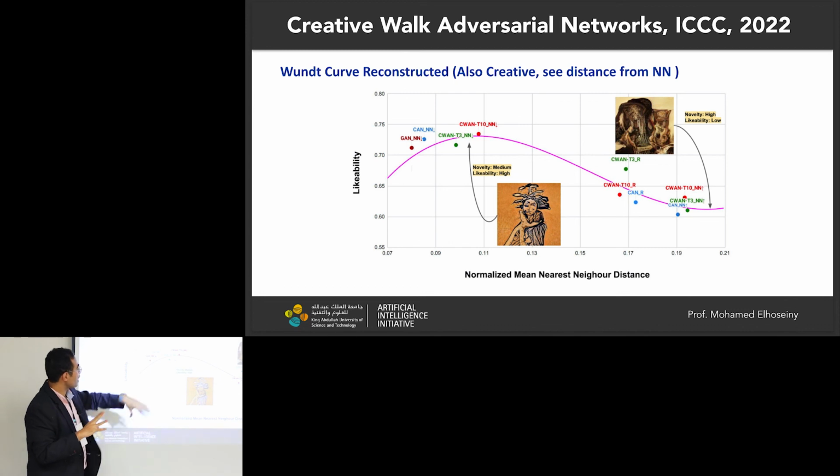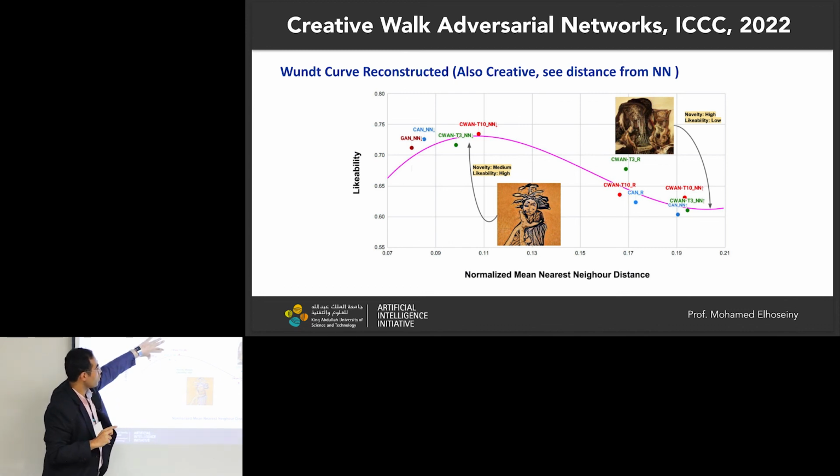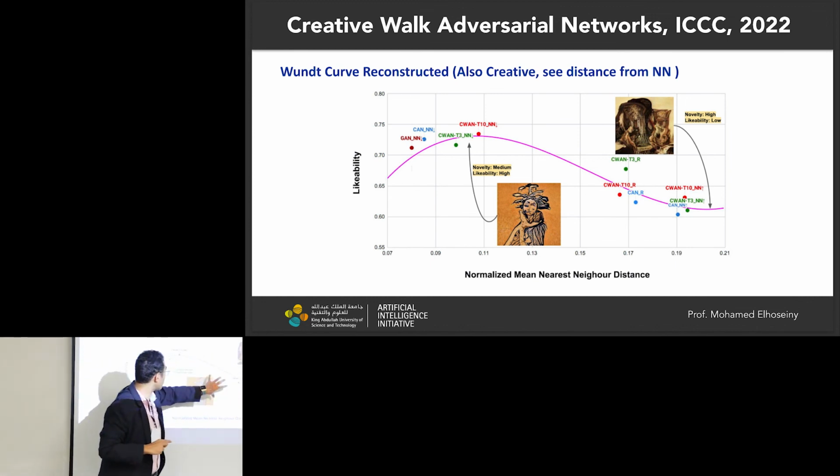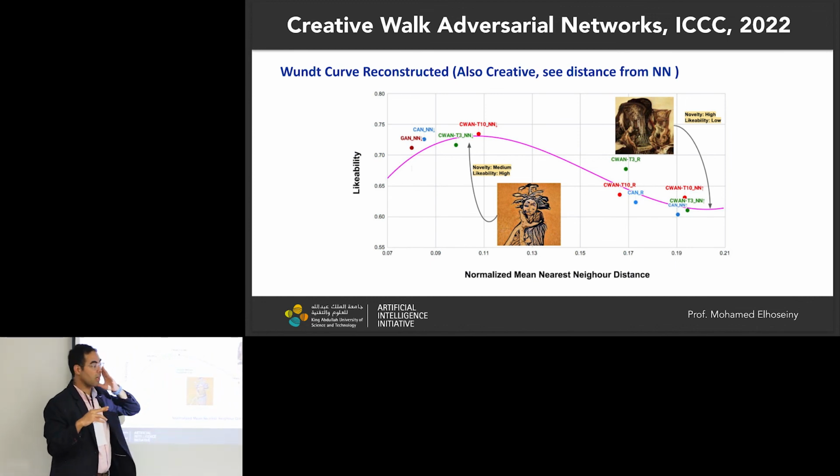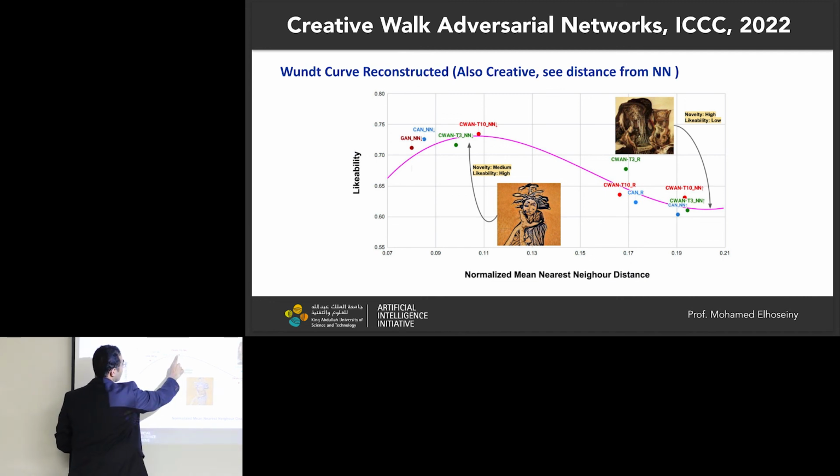And then we see how different models work on the low nearest neighbor versions, on the high nearest neighbor versions, and on the random versions. If you look at the nearest neighbor version, the nearest neighbor version of Quan is farther from CAN. It's more distant, and there are different versions that also have a high likability. So the point this is trying to show is that within the same set, this model is capable of producing things that look a little bit more novel.